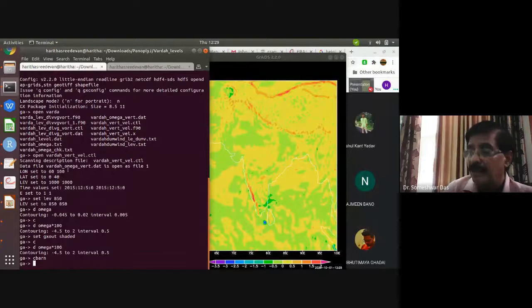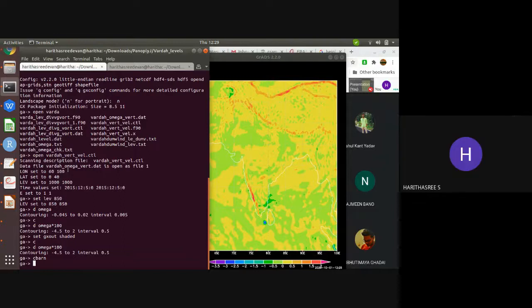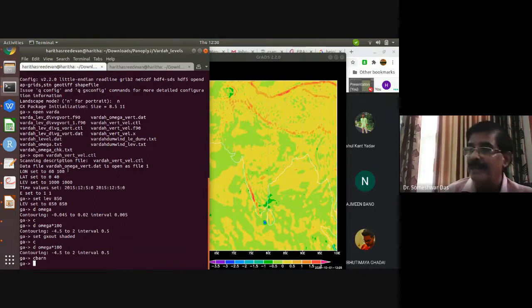Knowing that 1000 millibar is not the surface, and assuming that the vertical velocity at 1000 millibar is say 0.1, though it will not be correct because you are making 0.1 everywhere in the domain. Somewhere it may be plus, somewhere it will be minus. But if you specify some value, then there are many ways to do the numerical experimentation. That is the beauty of numerical methods or numerical models. You can do so many things. For instance, because now you know that your unit is the same as that of ERA, right?